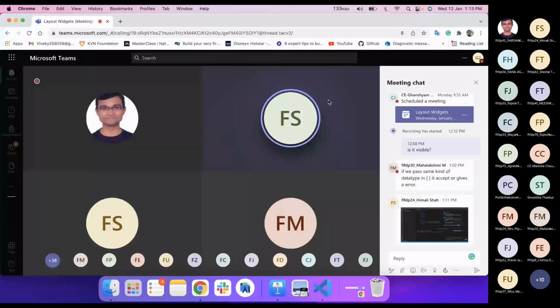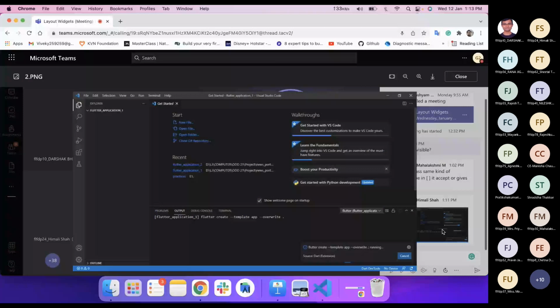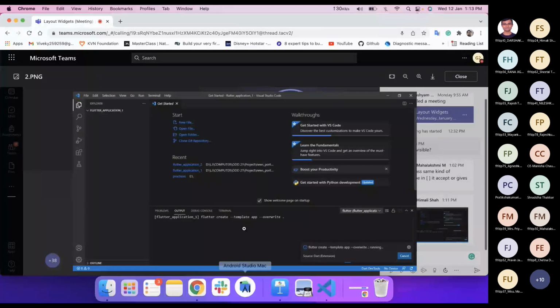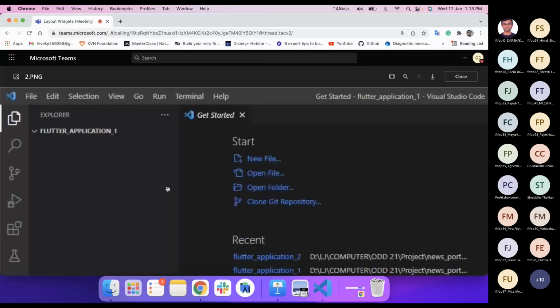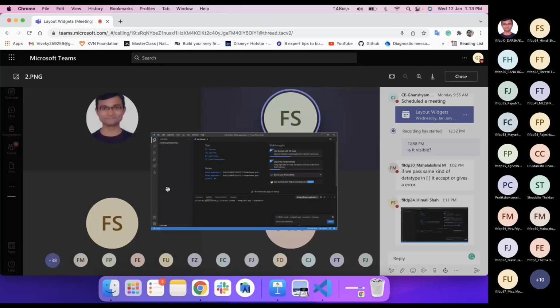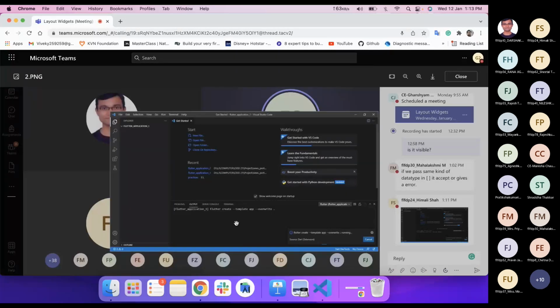I want to know what the process is. Okay, you are creating a template, right? I think it is downloading some files, that is why it is taking a lot of time. You are creating a Flutter project, so it is actually downloading a few files for you. How long has it been, like 2 hours, 3 hours?